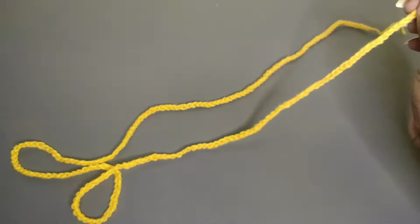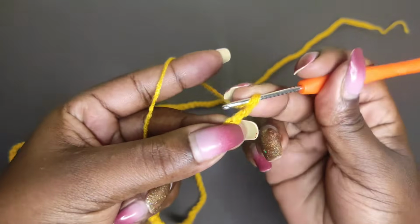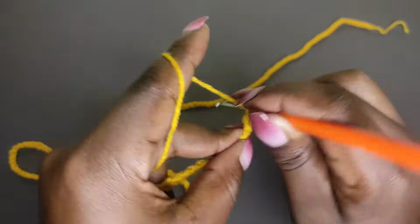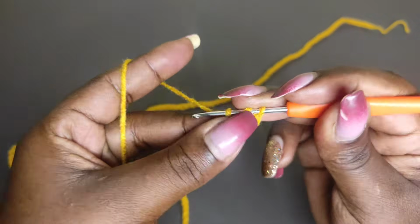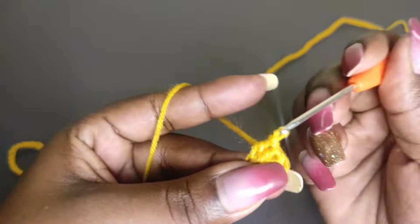So then once you're satisfied with the length of your chain, you're going to chain one and go into the second stitch with a half double crochet. One half double crochet. Then do 14 more for a total of 15. One into every stitch. So 1, 2 half double crochets, 3,